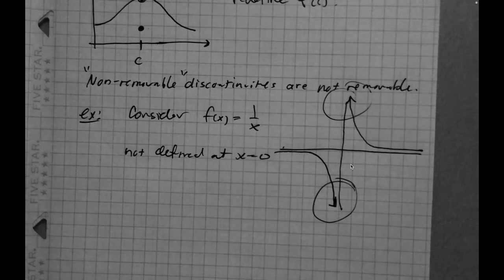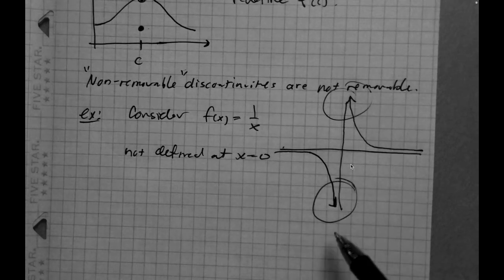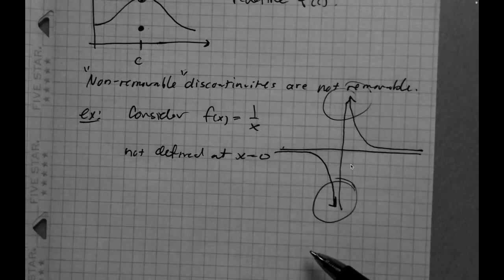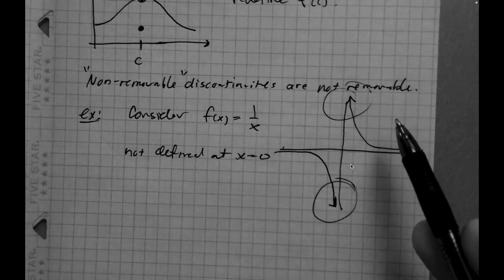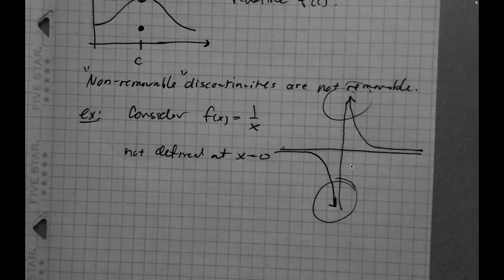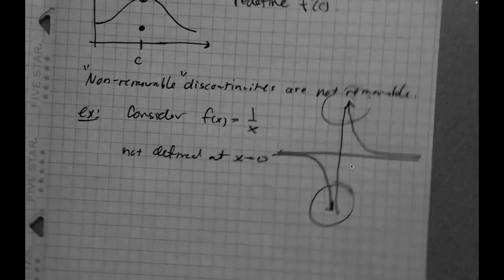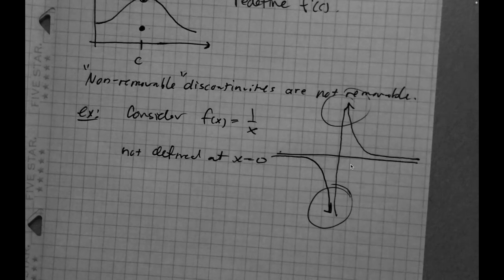You're not going to get continuity by redefining the value of the function at a single point. Namely because this one decreases without bound on this side, and it increases without bound on that side. The limit will never exist no matter how you define the function at 0. Okay, so that's a good example of a non-removable